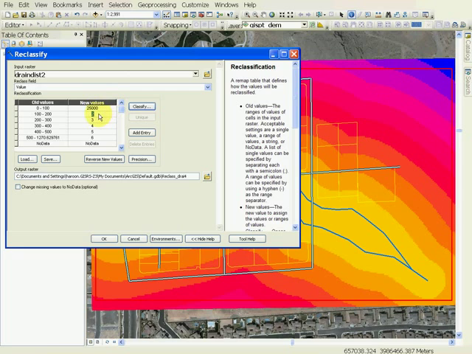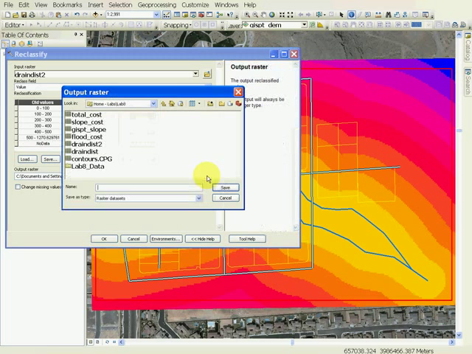So in a similar manner, for 100 to 200, it will be 200 times 100, or 20,000, and so forth. So we will fill up the remaining values in a similar manner: 10,000 and 5,000 and 0. For anything greater than 500 meters and beyond, there is no additional cost because of the flood zone. Now also provide an output here, and let's call it flood cost,